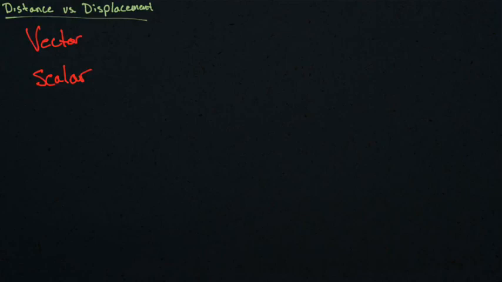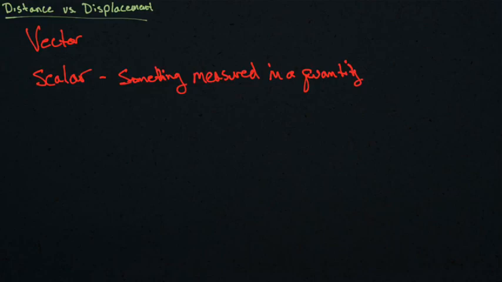We'll start with scalar, where a scalar is something that can be measured in a quantity only. A scalar is something that is measured in a quantity only, and you'll understand what I mean by that in a sec. Because a vector